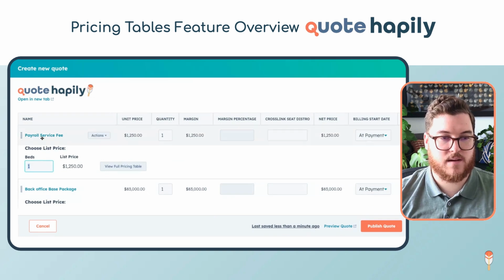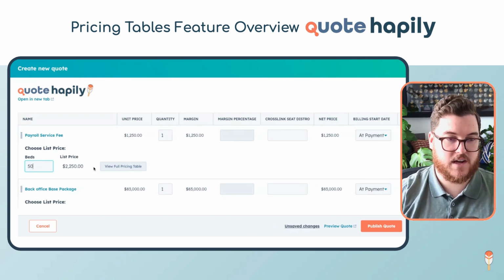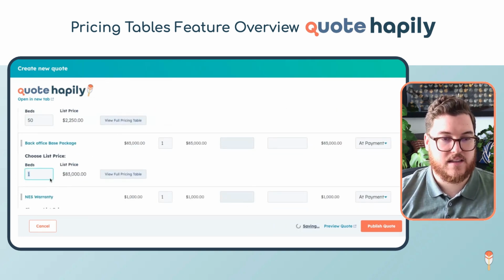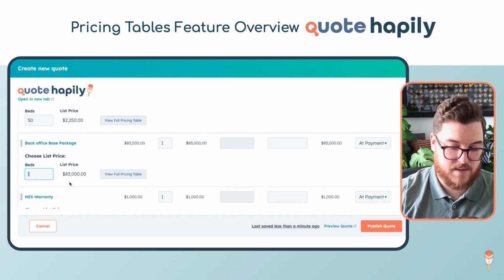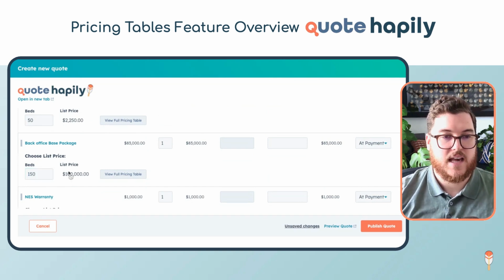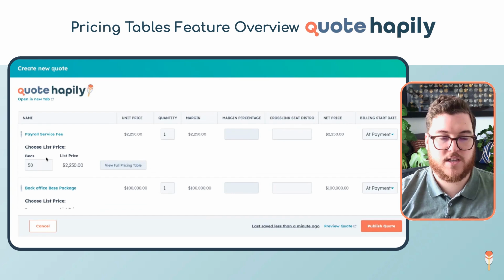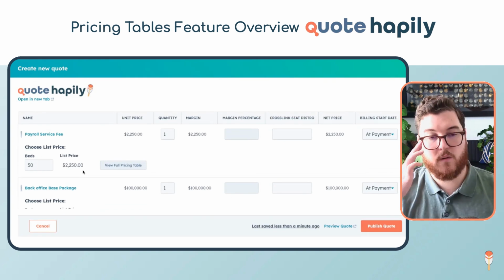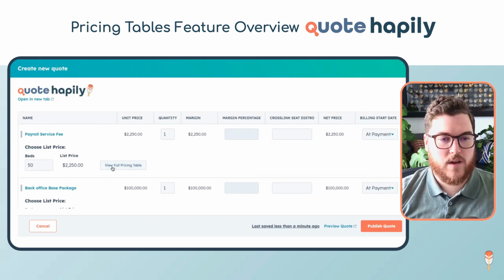So this one has number of beds. So maybe for this particular customer, this is 50 beds. This one is beds that maybe this one is 150 beds. And we can select from those options. And then to make sure the sales rep always knows what they want to do, we also include this view